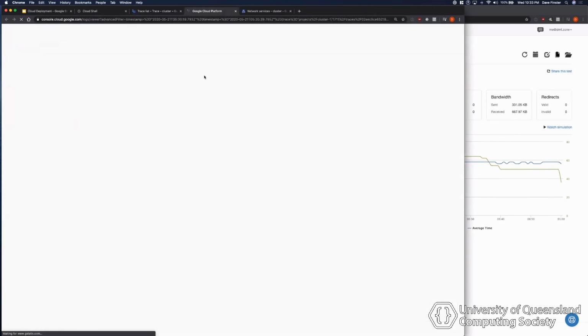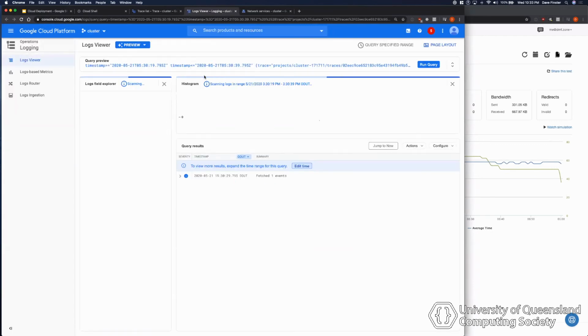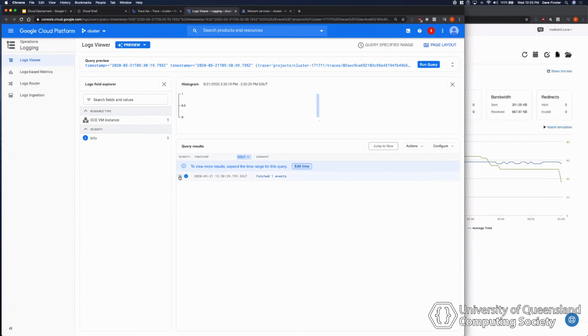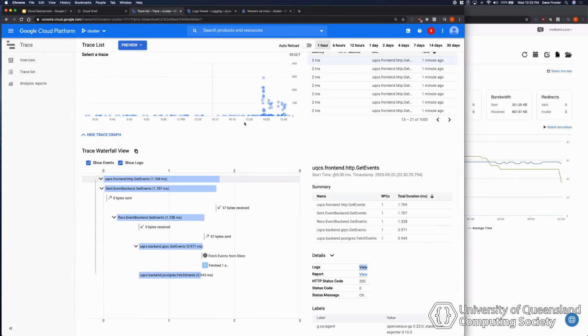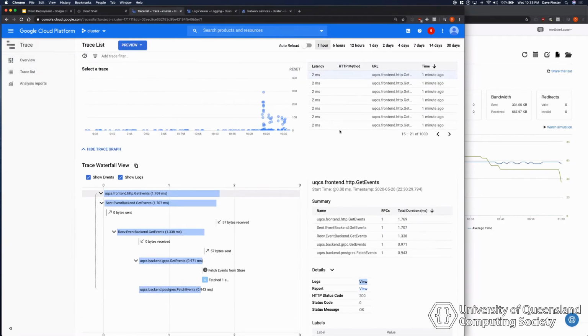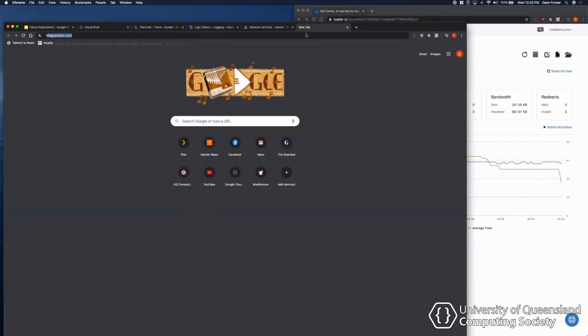GCP will actually provide logging for you, so log collection, indexing, and a full query language. There's a very healthy free tier that underpins this, but it's also relatively inexpensive to run in a production environment. And I did most of this as a result of